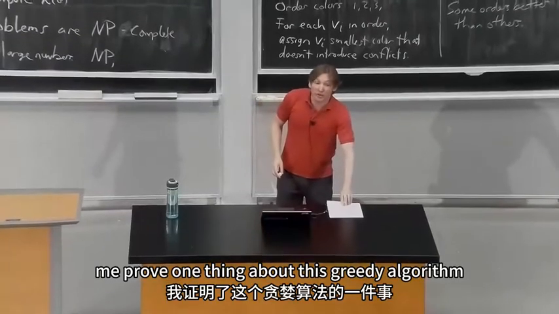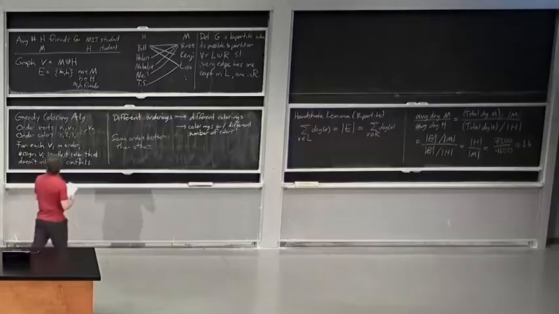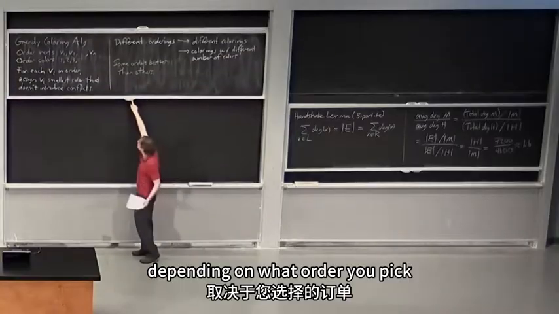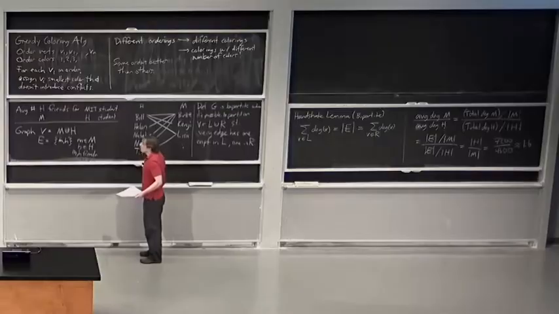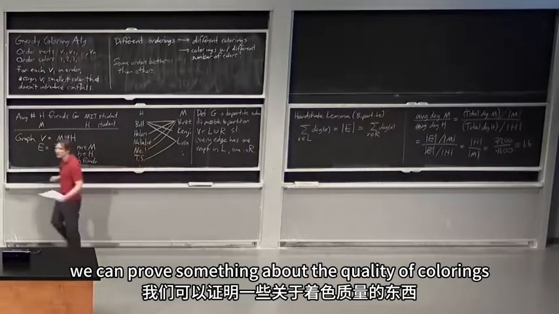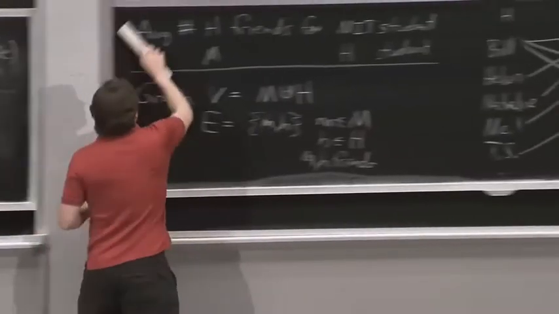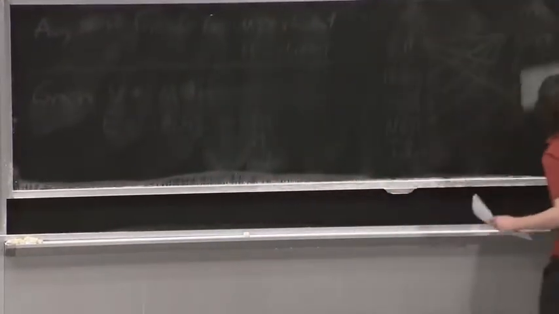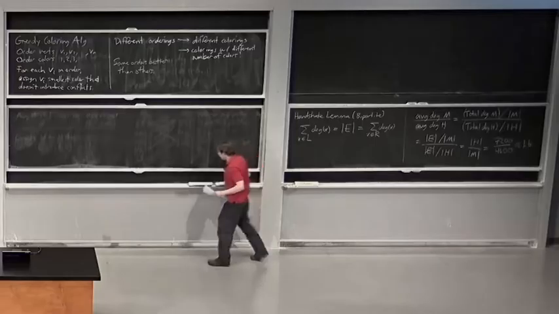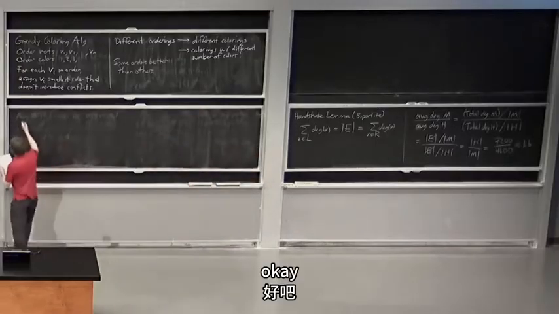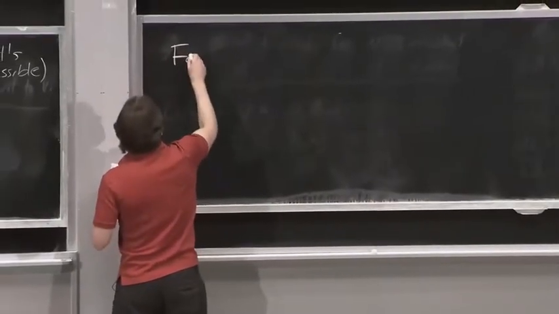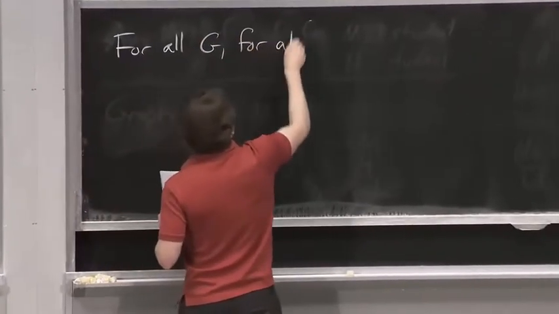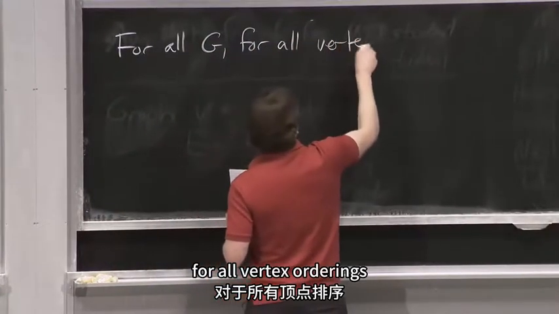Let me prove one thing about this greedy algorithm. As we said, it's not always going to give the smallest coloring, depending on what order you pick. But we can prove something about the quality of colorings we get. And here is that theorem. OK, so for all graphs G, for all vertex orderings,